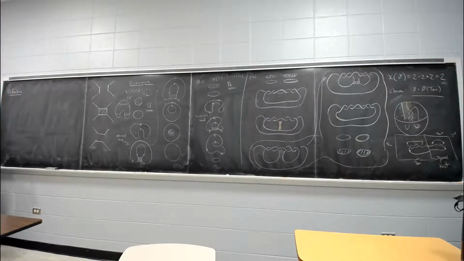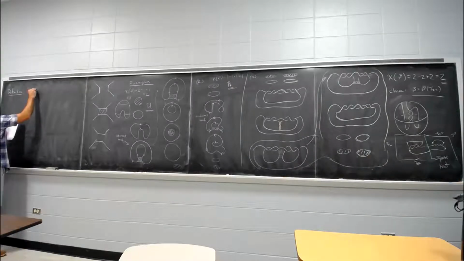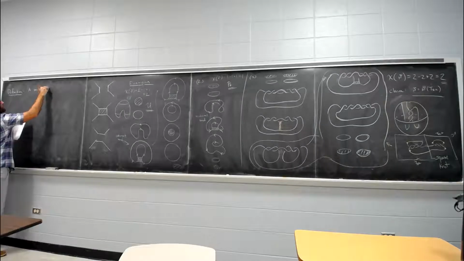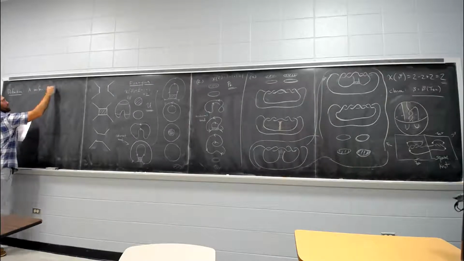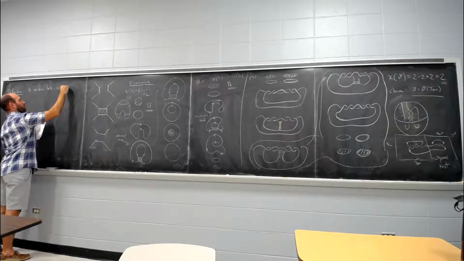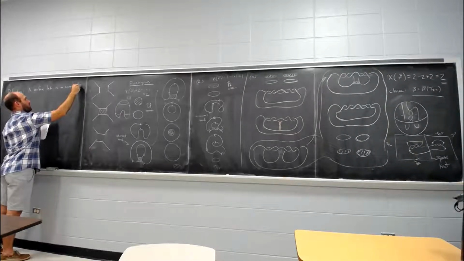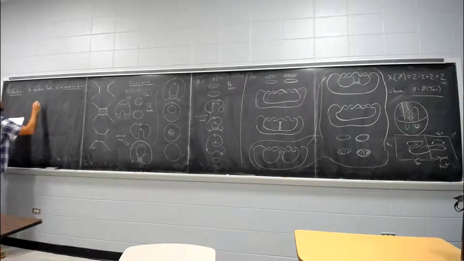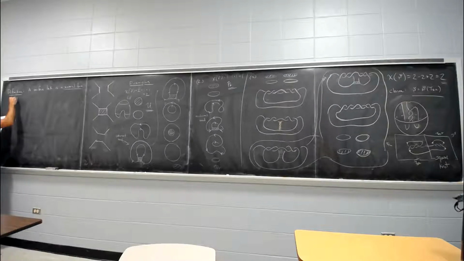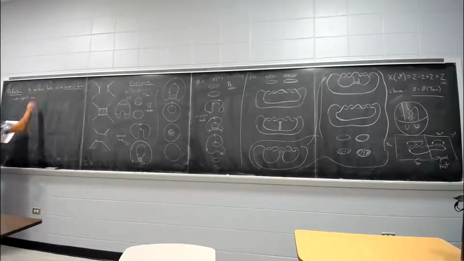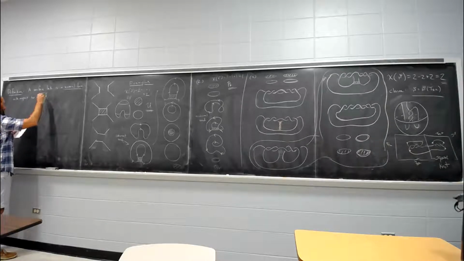Normal form is just a statement about where the critical points are. A surface link is in normal form, which is basically like bridge position with respect to H, if